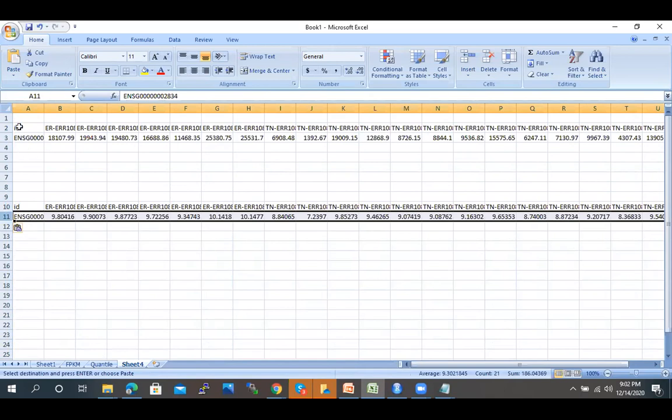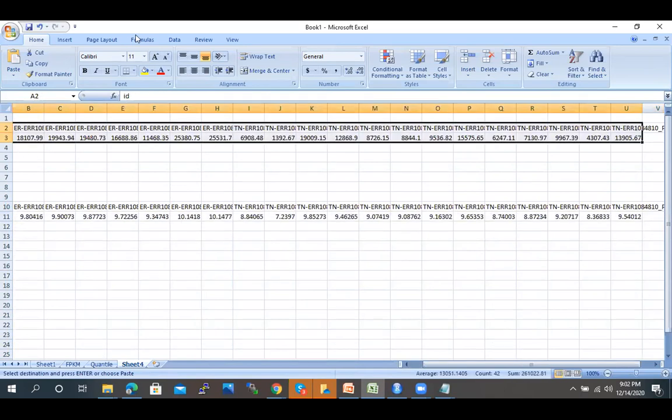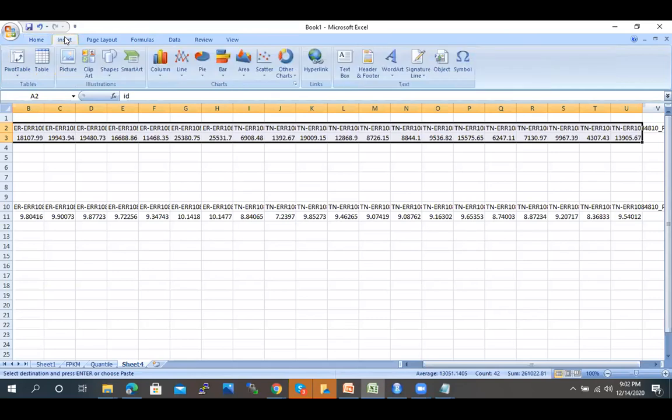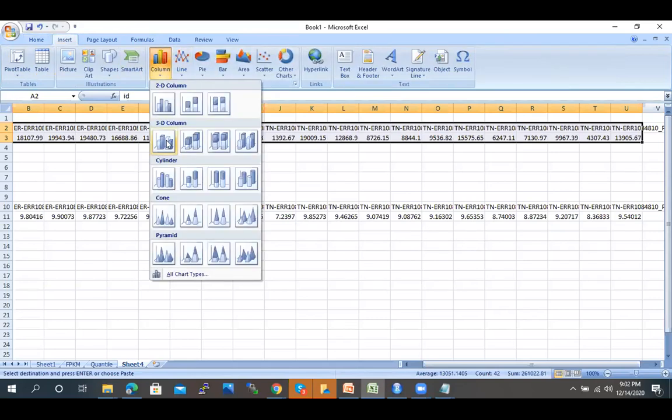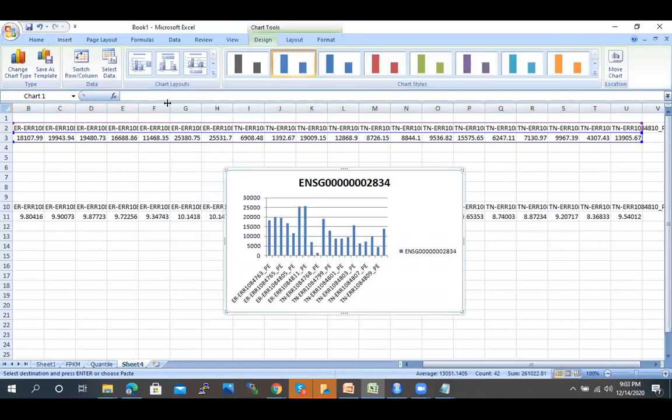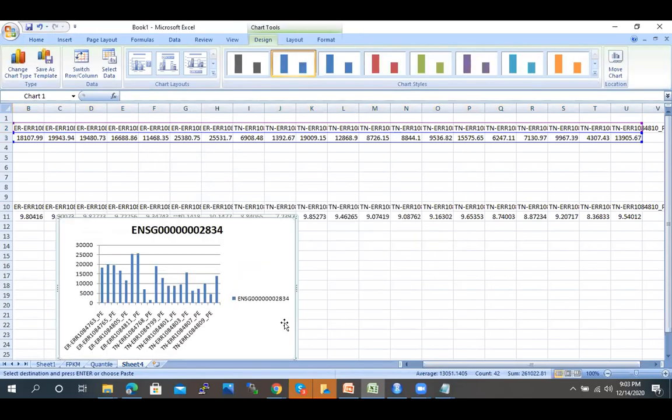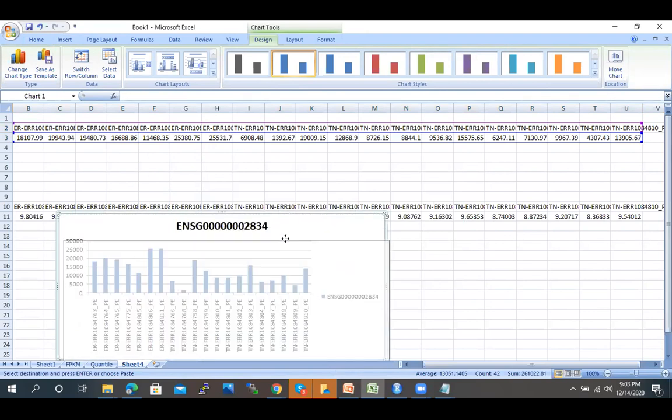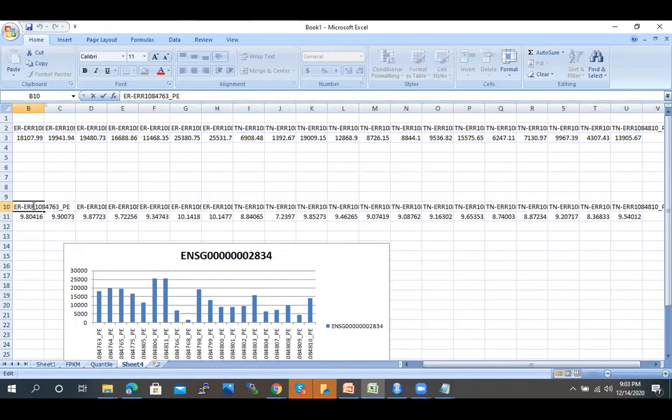Now let's make a simple bar plot to compare the effect after the normalization. Here I'm taking only one gene and comparing its expression among different samples. So this gene, when it has FPKM values, and now I'm considering